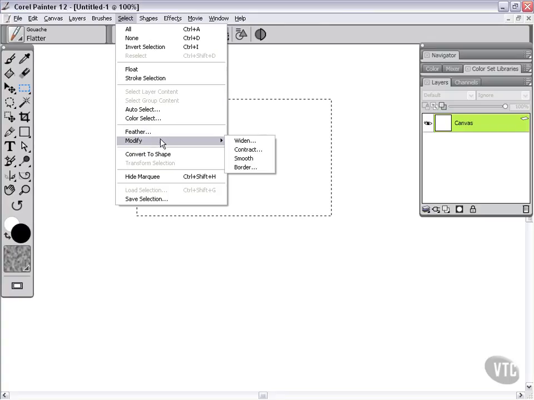Now, we have this little submenu here for widen, contract, smooth, border, and then we also have this feather command. Now, the feather command is basically like a super anti-alias. So we'll come back to that one in just one second, but at the beginning here, I want to look